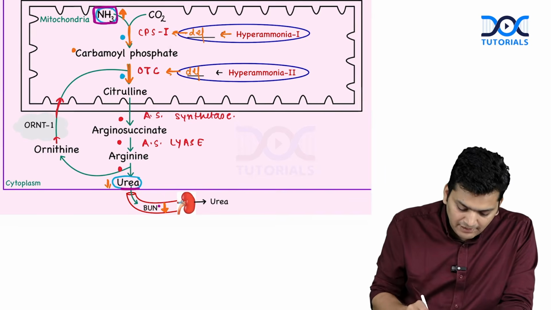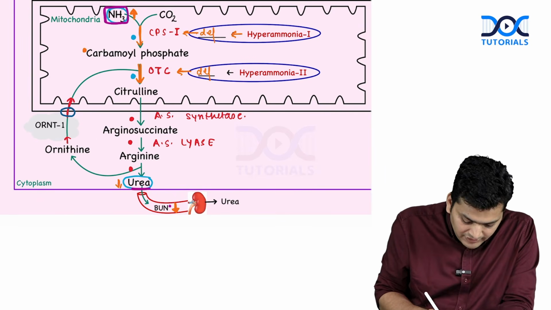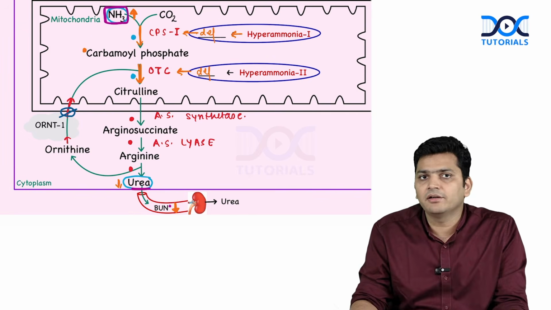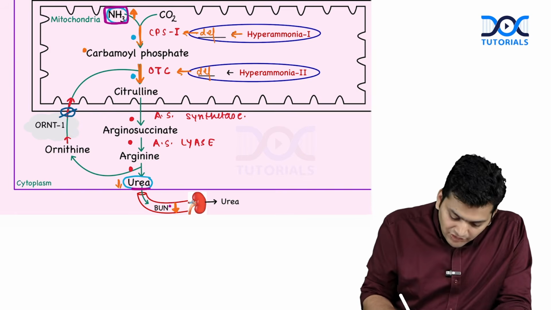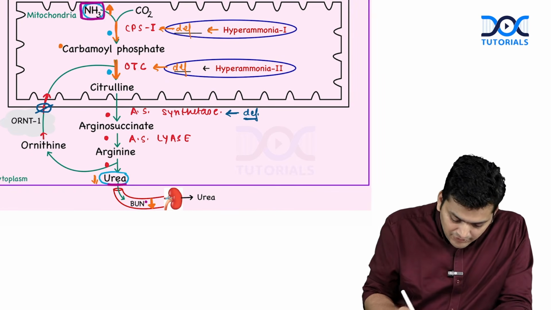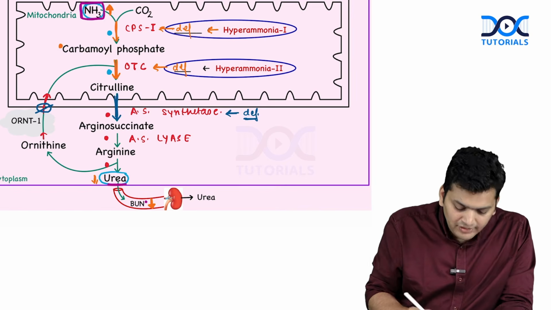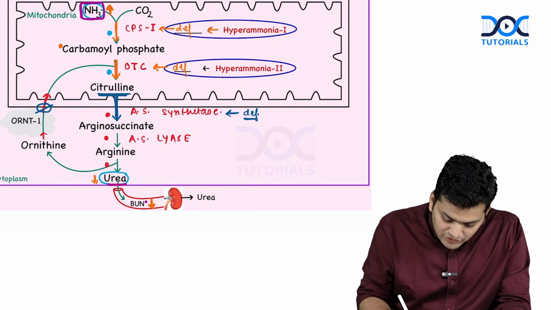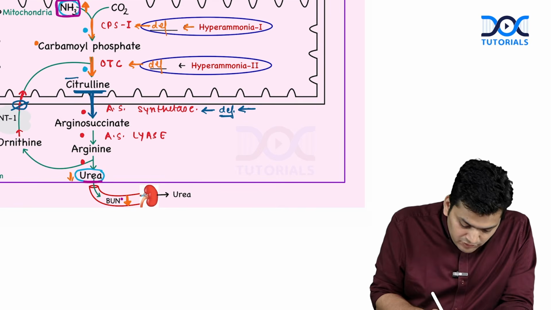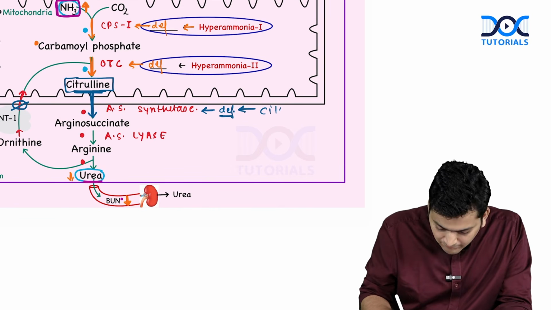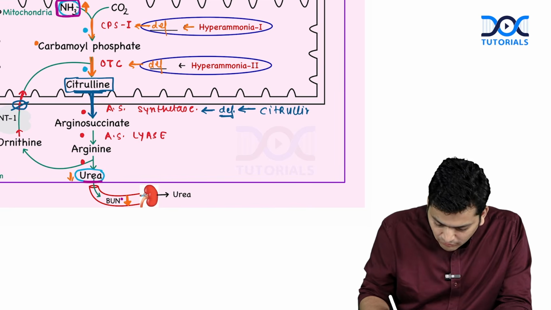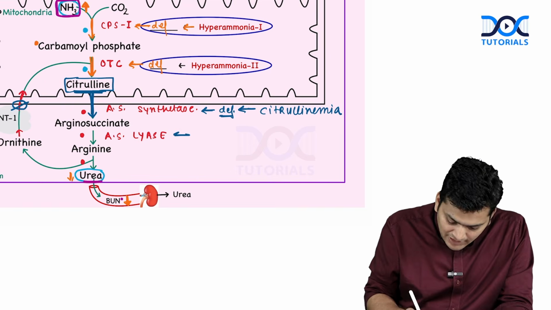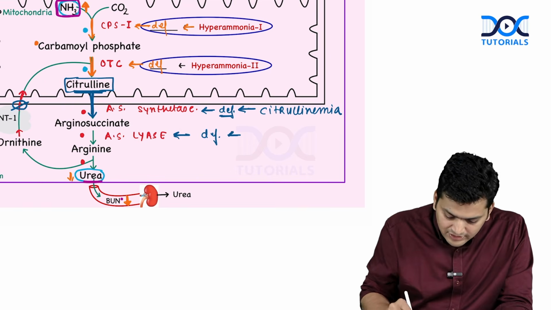In fact, if for example this ornithine transporter is not working, the ornithine will not go inside. If the ornithine will not go inside, again the urea cycle can't occur and hyperammonemia will occur. For that matter, if there is deficiency of this enzyme, then this reaction will not occur and ultimately the citrulline will accumulate and ultimately the ammonia will accumulate. So if argininosuccinate synthetase is not working, the citrulline is going to accumulate and this is also called citrullinemia. In this disease also we are going to have hyperammonemia, but this disease is called citrullinemia. If for example this enzyme, argininosuccinate lyase, is not there, this is called argininosuccinic